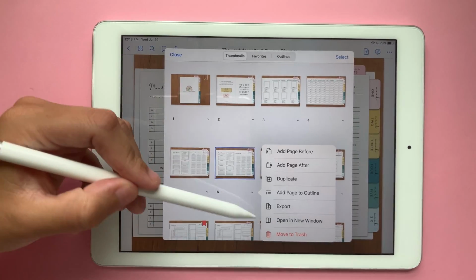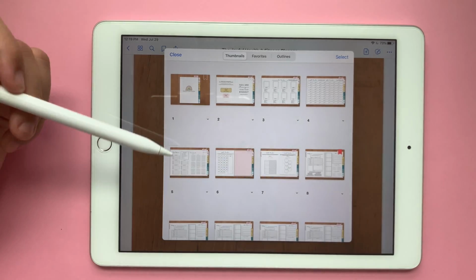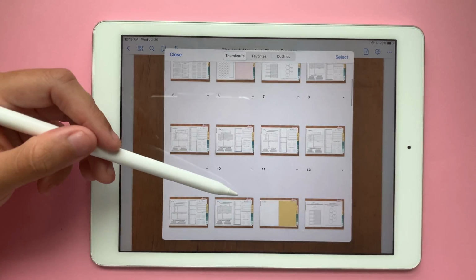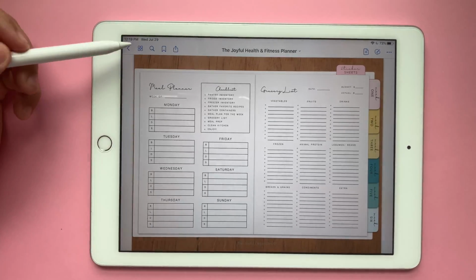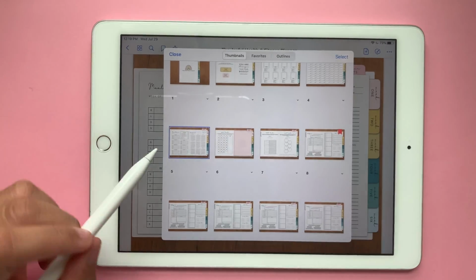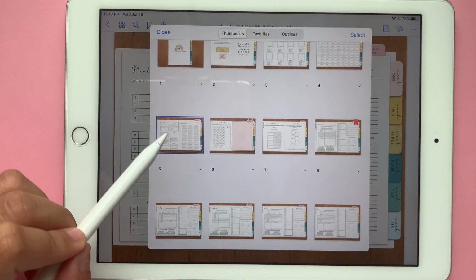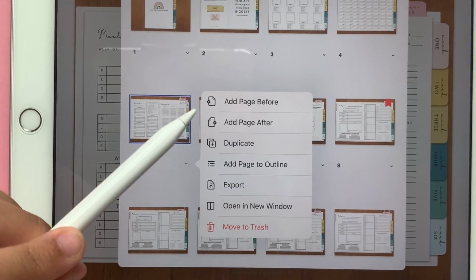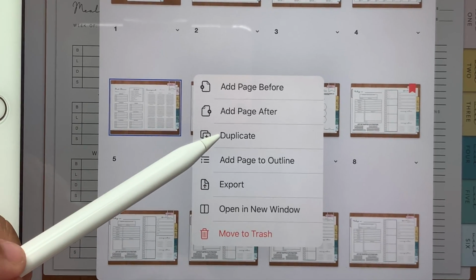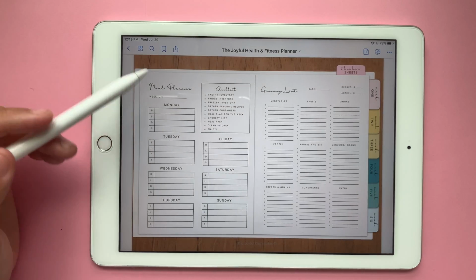Another way for you to duplicate it, if you were to want it right before each week, it would be to touch the 4 squares, select the page of choice that you want to duplicate, touch this down arrow, and then touch duplicate. Another way you could do this